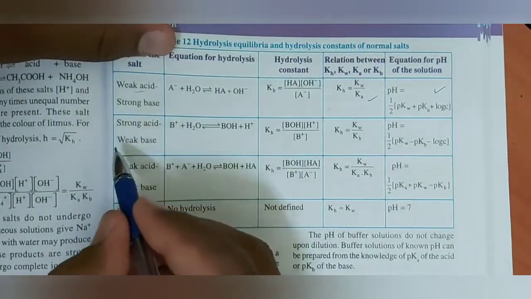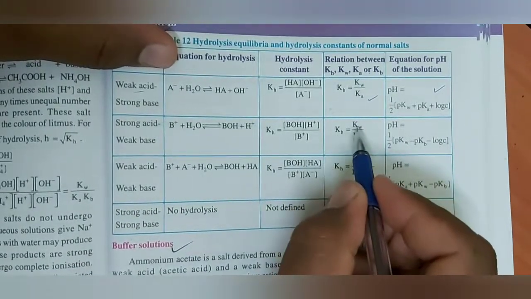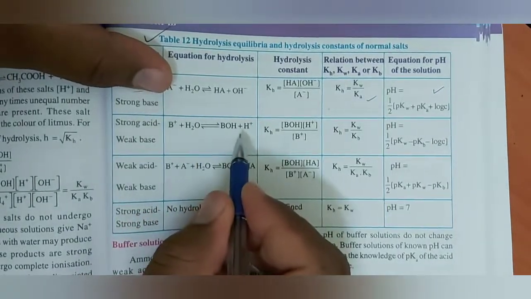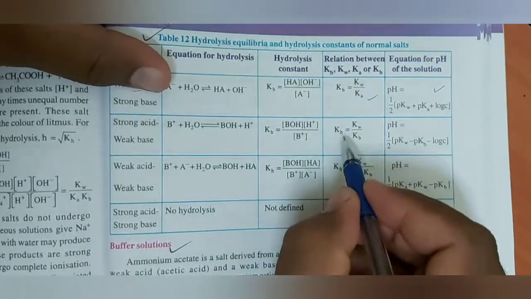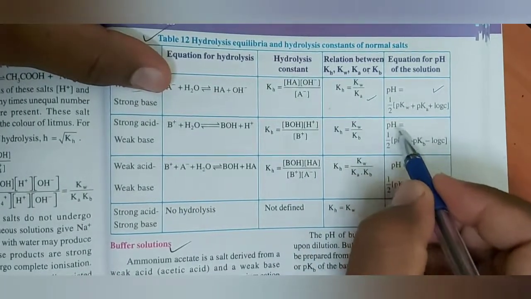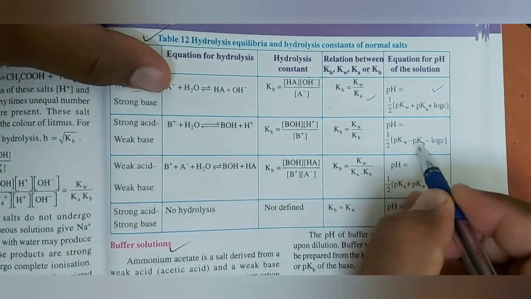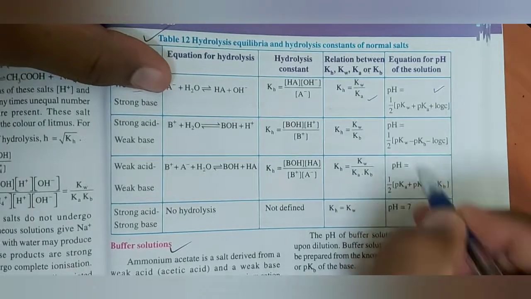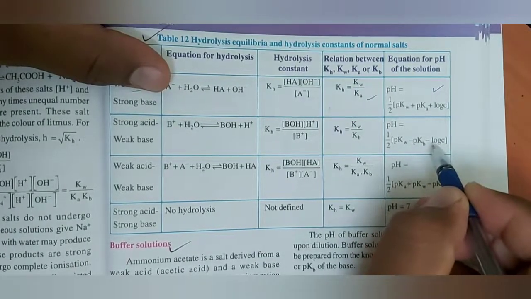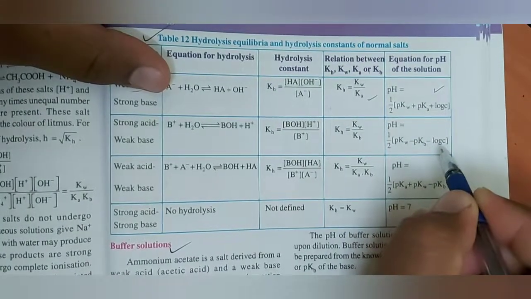Next, strong acid weak base hydrolysis. Kh is equal to Kw by Kb. The resultant solution is acidic in nature, but in the formula we are getting Kh is equal to Kw by Kb. So the pH value also we are getting as 1 by 2 into pKw like previously. Wherever we have pKb, we have a minus and can keep it in this formula. Along with pKb, if log C is there, for that also minus. So pH is equal to 1 by 2 into pKw minus pKb minus log C.